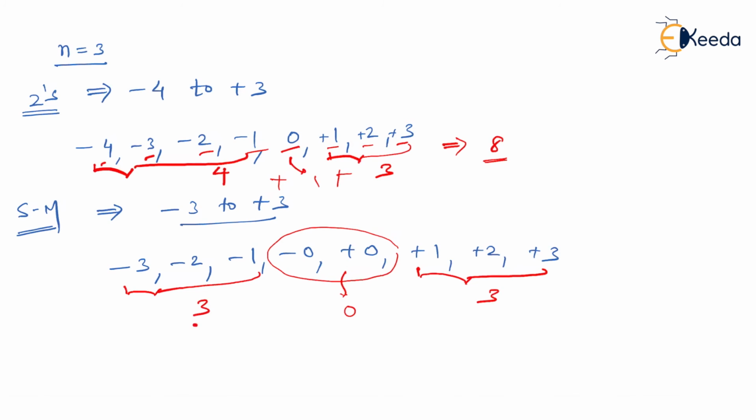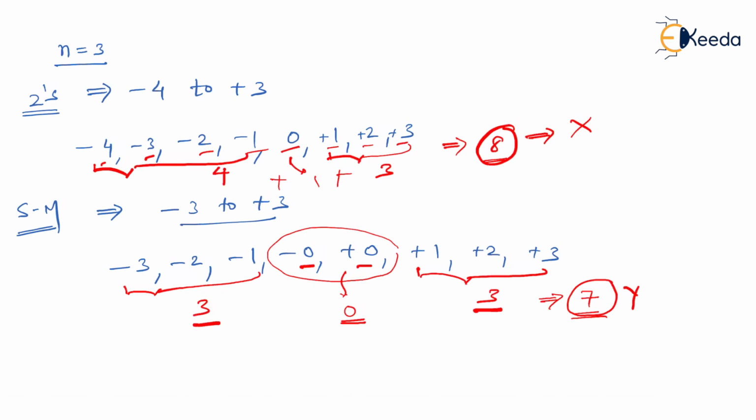So now here we have 3 digits, 3 digits here, and one more digit here. So overall there are 7 distinct digits. 7 distinct means those digits which are non-repeated. Minus 0 and 0 are repeated twice but should be counted only once, because we believe there is nothing called minus 0 and plus 0. So we have 7 digits here, and 8 here. If you remember, this is x, the total number of distinct digits using the 2's complement method, and this is y, the number of distinct digits represented with sign magnitude form. So x minus y, if you do, you'll get the answer 1.